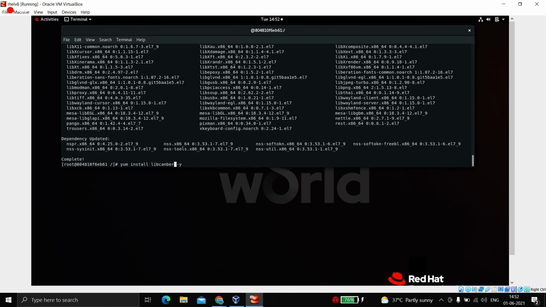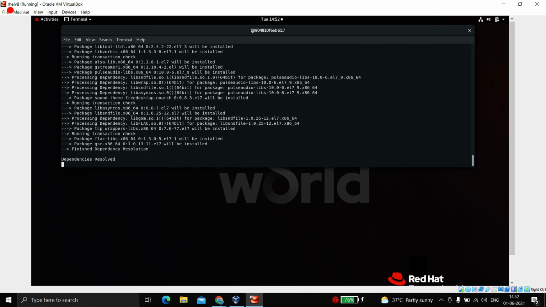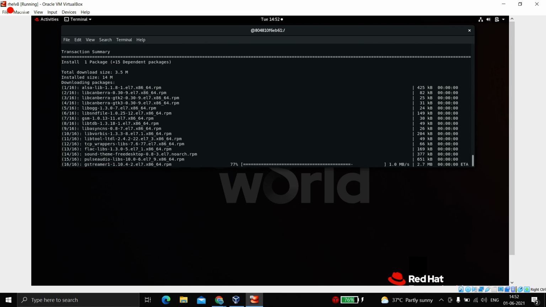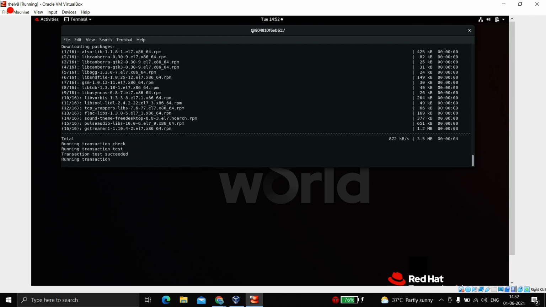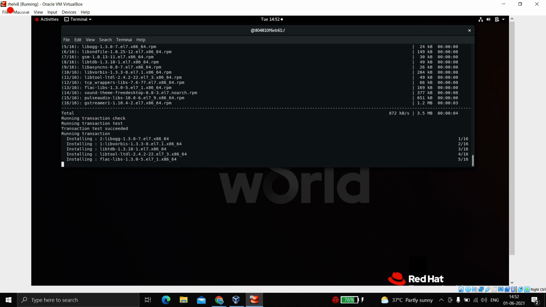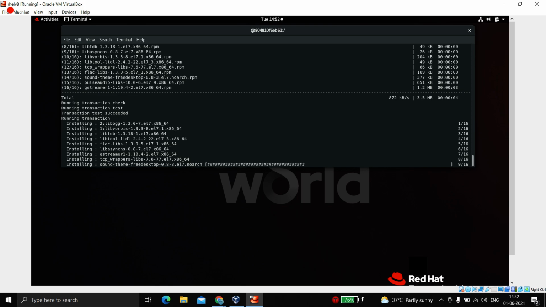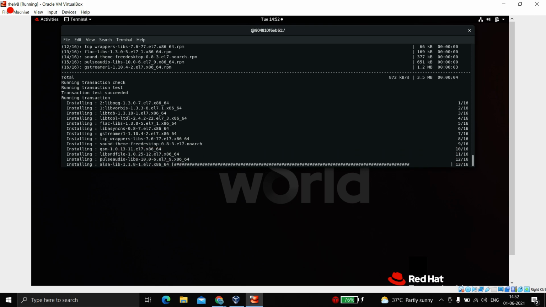And yeah, we'll now install libcanberra first. So it's libcanberra, I think it says double R, libcanberra-gtk2. If I'm not wrong, then let's see. Yes, it's the right name. And then we have the PackageKit-gtk3-module.